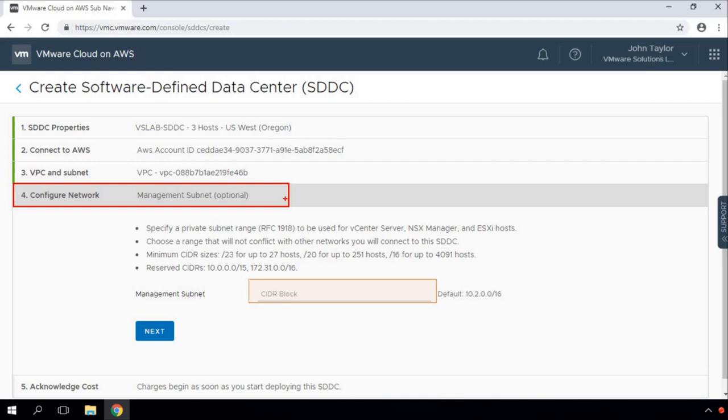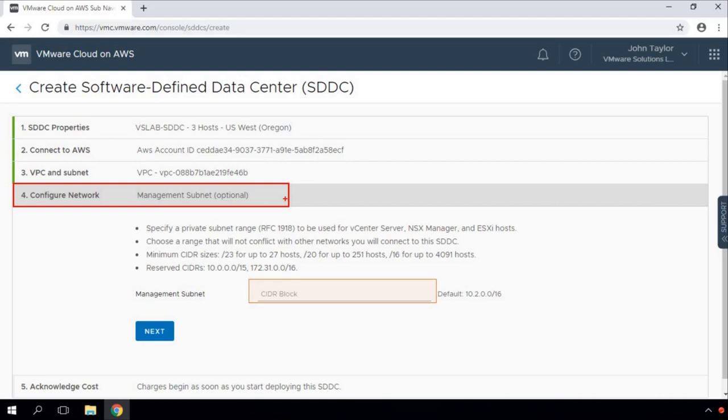We call these management appliances, and these components belong to the management subnet. That's what this particular section is all about. We need to define the subnet or CIDR block which will be used to allocate IP addresses to our vCenter Server, NSX Manager, ESXi hosts, and the rest of the management appliances.